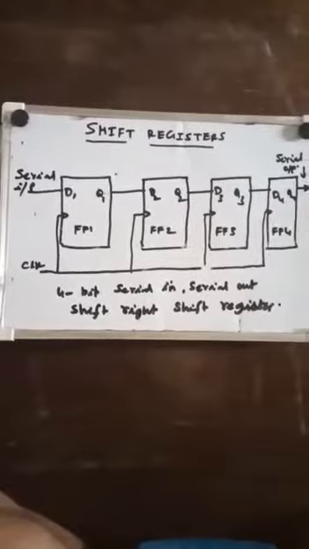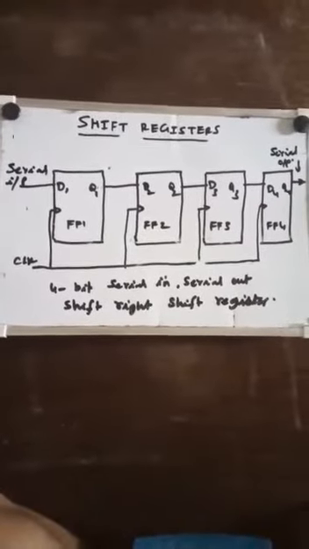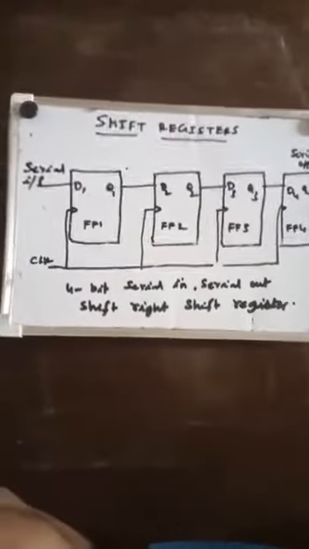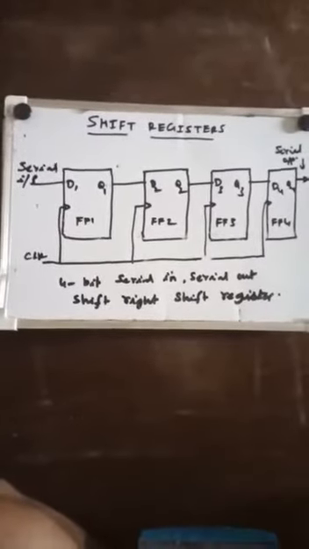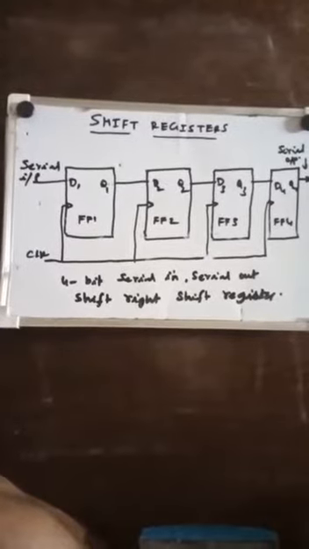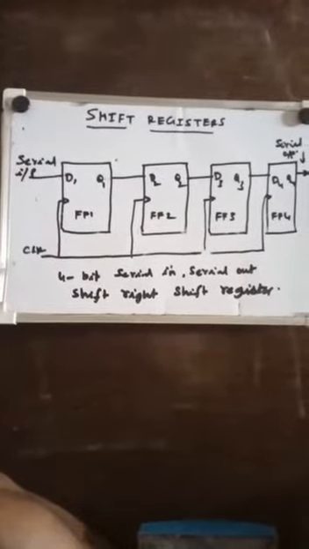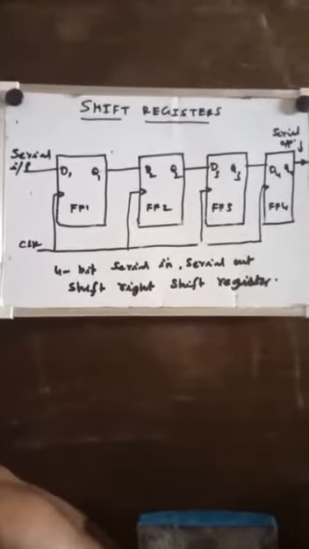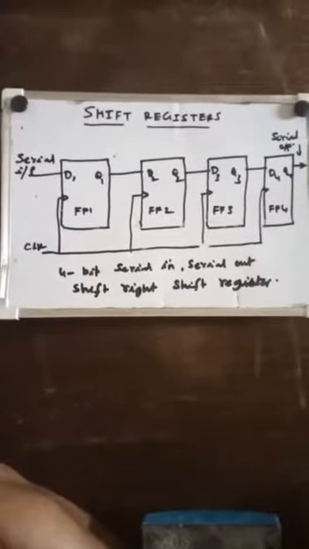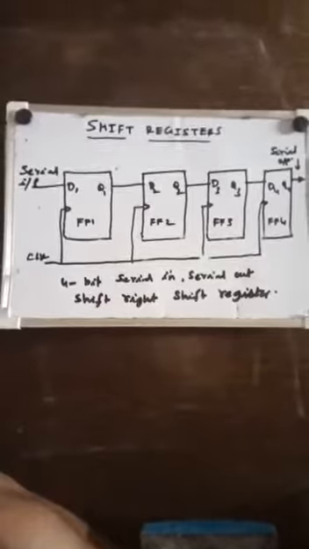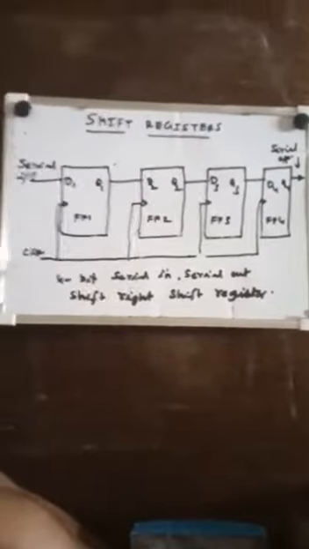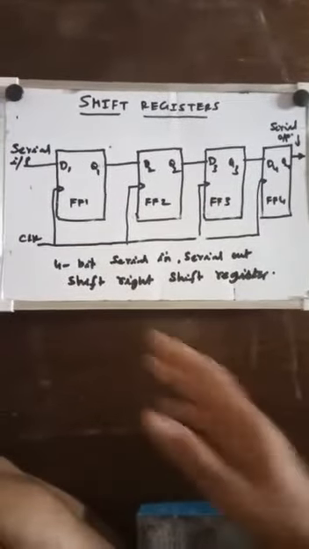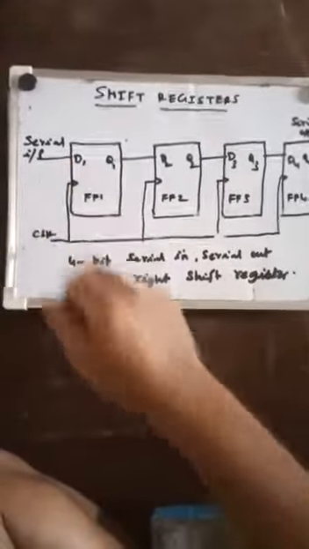A shift register is made up of flip flops, because you know what the definition of a flip flop is. It stores the information that is given as an input. If the input is given as 1, then based on the configuration of the flip flop, and we have different types of flip flops, JK, RS, D and T flip flops, the information is stored. Basically, here shift registers are made using D type flip flops.